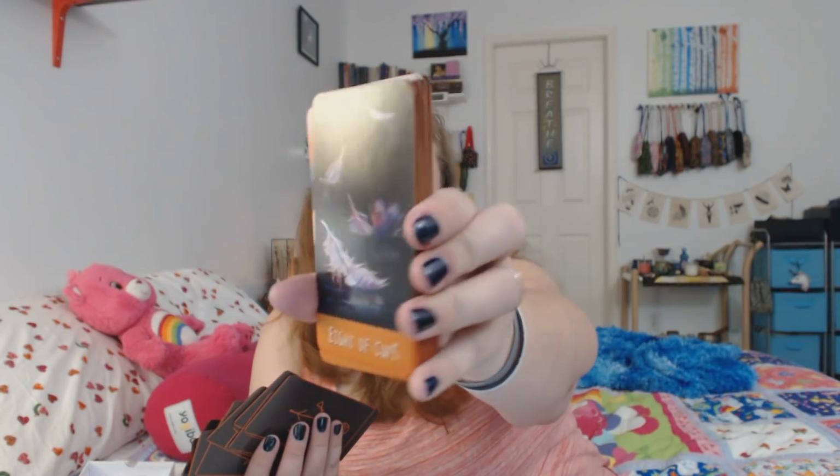So I do think that I will enjoy working with this deck more when I'm a little more confident with the numerological meanings that I am building for myself in the Tarot de Marseille on Earth series that I'm doing here on YouTube, where we're working with Tom Benjamin's book, Tarot on Earth, and we're not discovering so much, but building our own associations with the numbers of the minors, of the pips. I think that this deck will be easier for me to work with once I've got that,